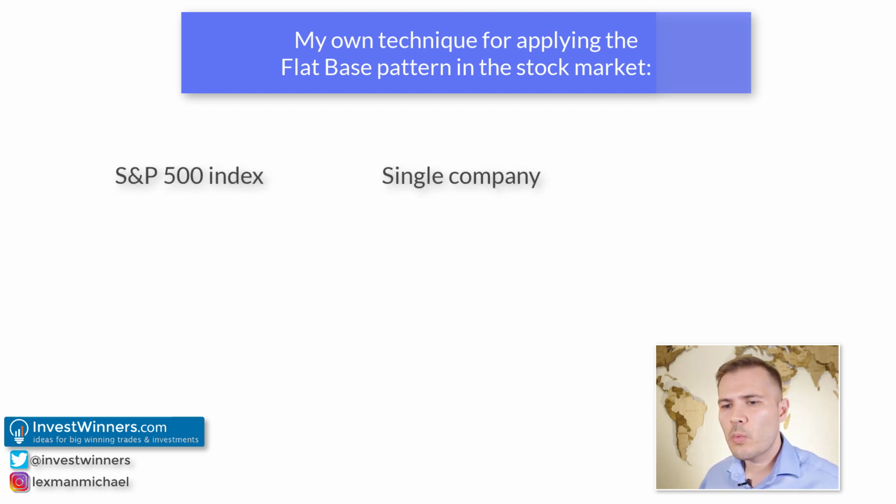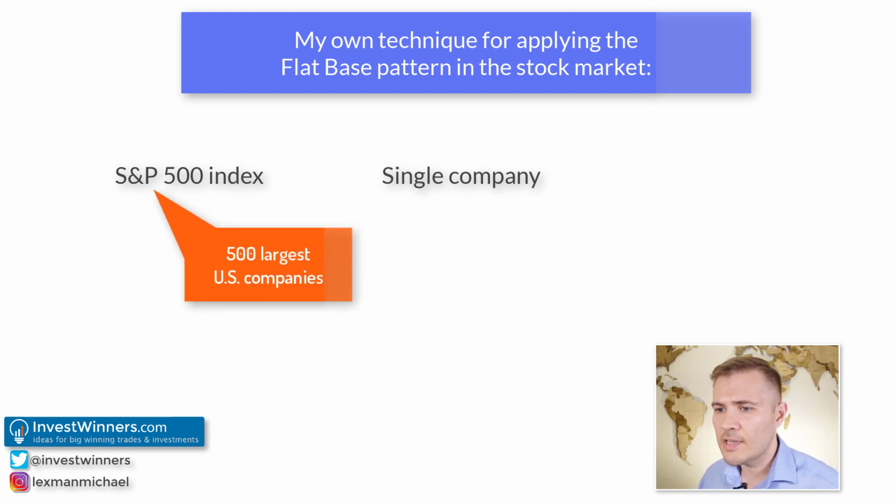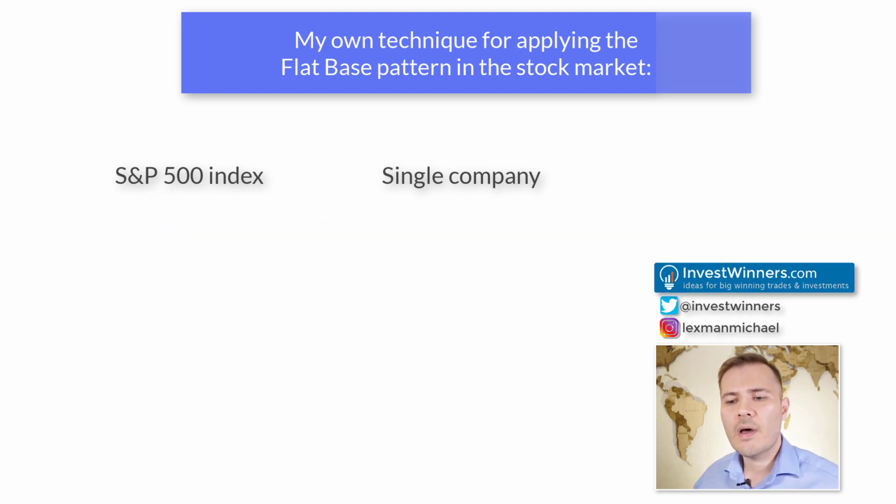For this purpose, we will use the stock chart of a single company along with the S&P 500 E-mini futures chart. The S&P 500 index is a market capitalization weighted index of the 500 largest US companies. This index chart reflects the current general market conditions in the US stock market. If it drops, most company stocks also decrease in value. If this index goes up, most US company stocks go up with it. And now the technique.